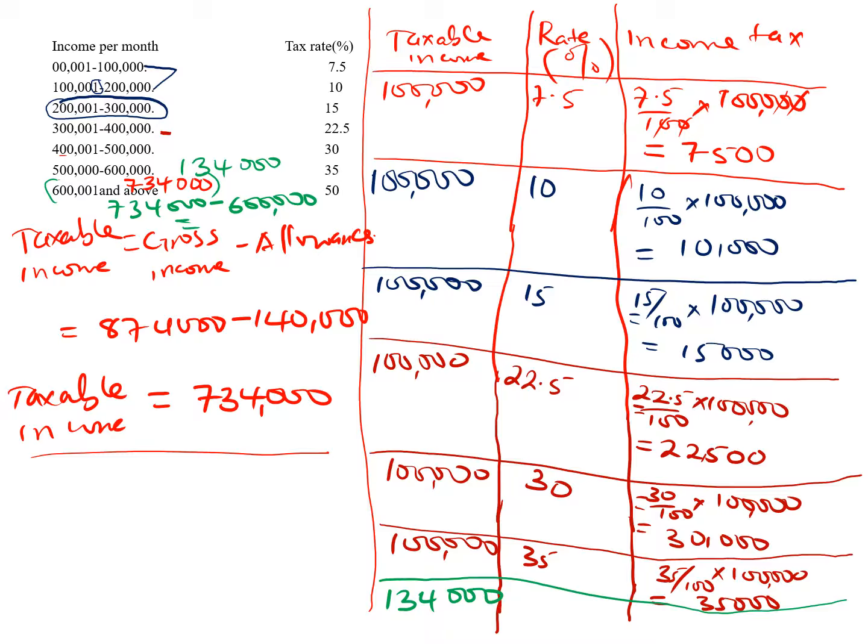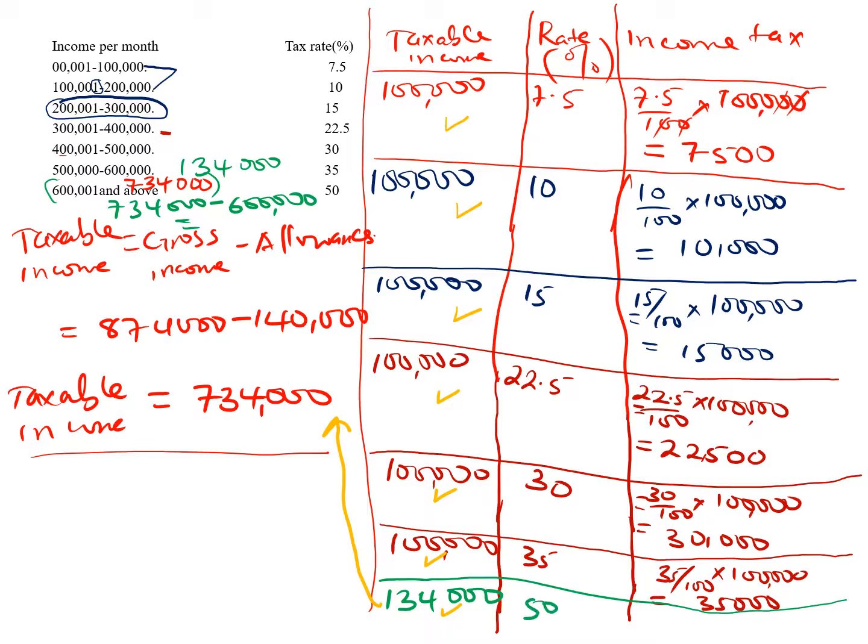So should you add all these? If you add this, and this, and this, and you don't get your taxable income, then you have to question. You have to ask yourself, where have I made a mistake? Because this is the taxable income. If at all you are not getting the taxable income that you have found from your calculations, then there should be a mistake somewhere. Maybe here we can proceed, and remember here the rate is